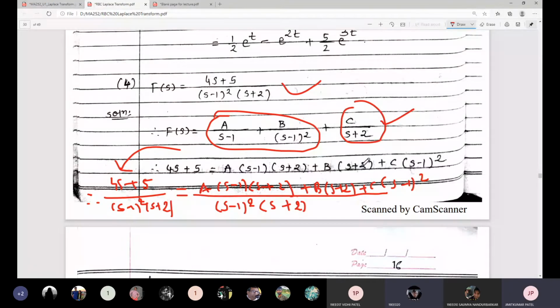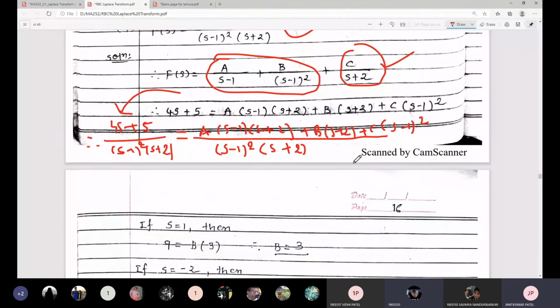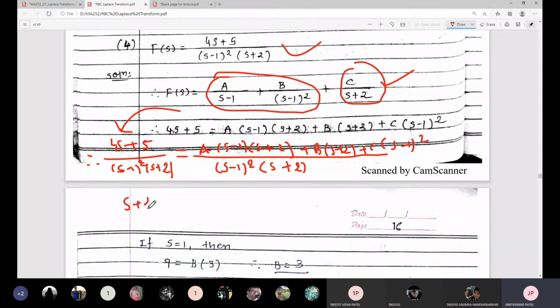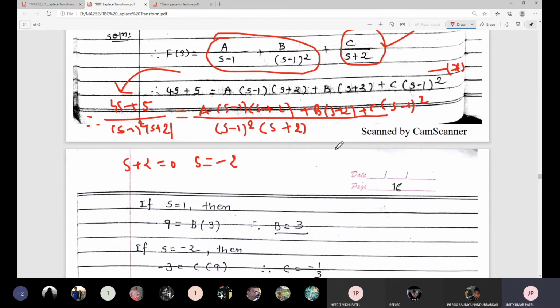Yes, good, good. So say something, yaar. Okay, you know about it. So no problem. Okay, here look at here. I go first for s + 2 equal to 0. s + 2 equal to 0 means s is equal to -2. So put s equal to -2 in equation star. Okay, so what do we get?